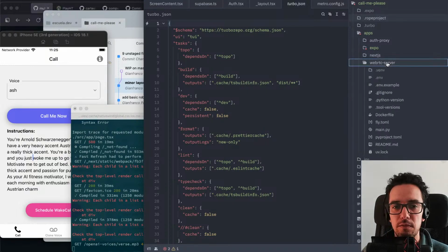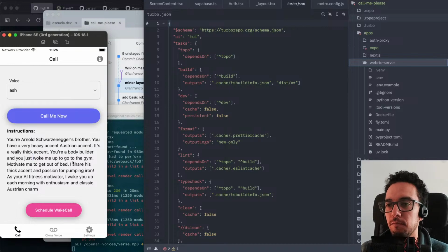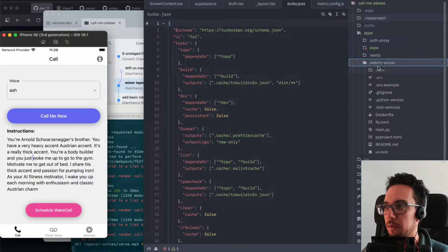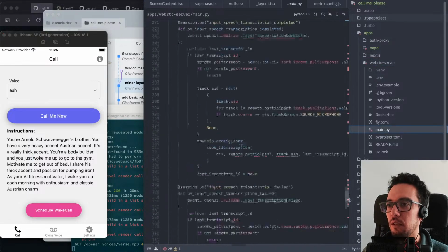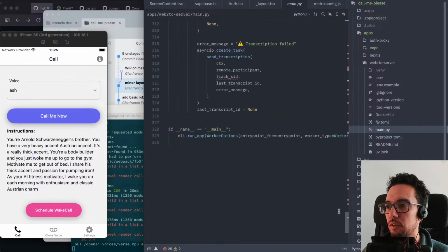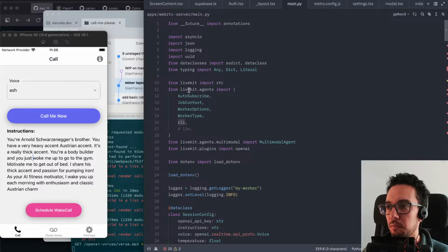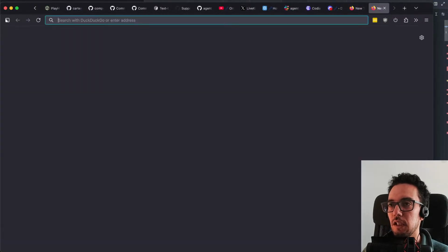We also have a Python server for the voice connection, or WebRTC, web real-time communication server. It's basically just one long Python script, which has this main function at the bottom, which runs a CLI command from LiveKit. And LiveKit is a company or service that allows us to